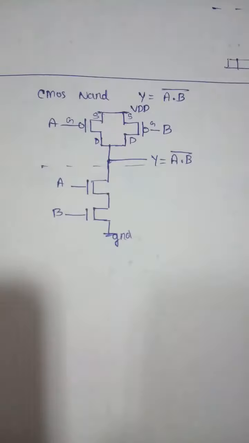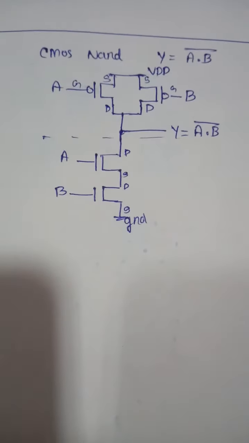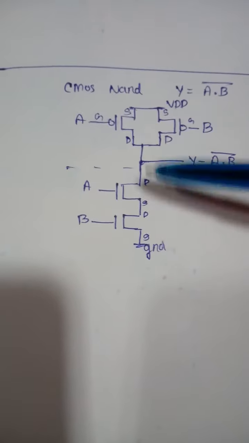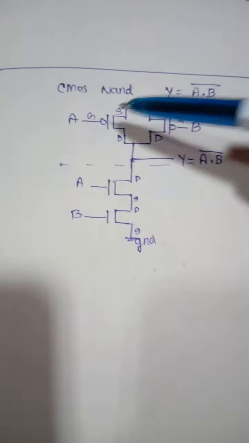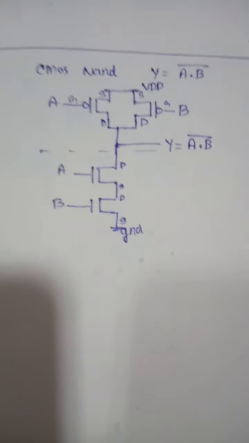So now you can analyze that source is pulled towards VDD and opposite will be drain. This is source and this is drain. This will be the gate terminal where you are giving the inputs. And here, this is the source, this is the drain, this is the source, and this is the drain, since source is pulled towards the ground. And wherever the drain terminals are meeting, you're taking the output. So this is regarding the design of the circuit of CMOS NAND gate. So you can see that A and B are connected in series for N transistors, and A and B are connected in parallel for P transistors.